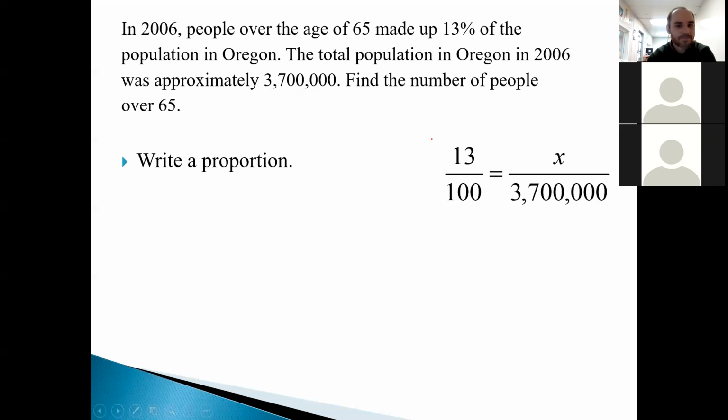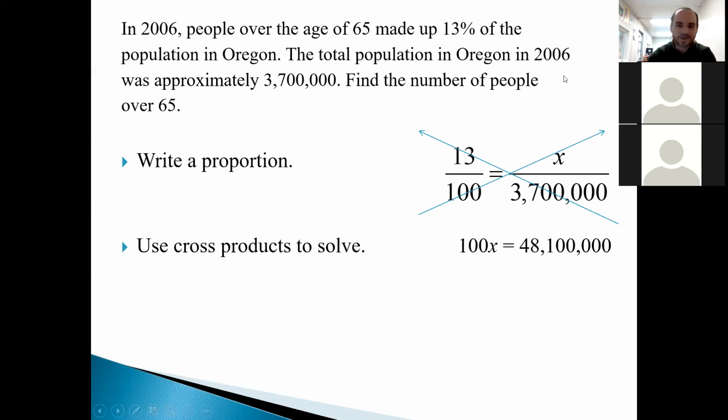Now, this time I am going to be a mean math teacher, and I'm going to make you do the cross multiplication yourself. I found a shortcut. What's the shortcut, Tristan? Multiply by 37,000. Well, ish. I'm actually going to make you guys do it all out. So if you multiply these out, you get 100x equals